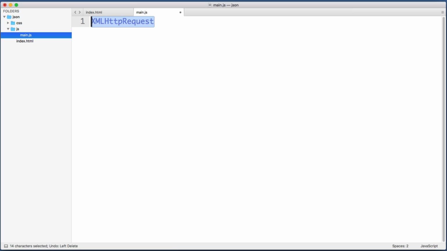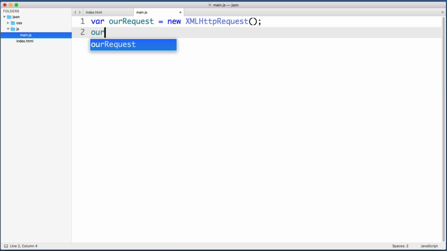So let's create a new instance of this tool. To begin, we will create a new variable. We could name the variable anything we'd like, but I'm going to name it ourRequest. And then we just set that variable to equal a new XMLHttpRequest. All right, now we just need to tell our variable to actually do something. Now the web browser will expect our variable to use a method named open. So to specify that, we just say